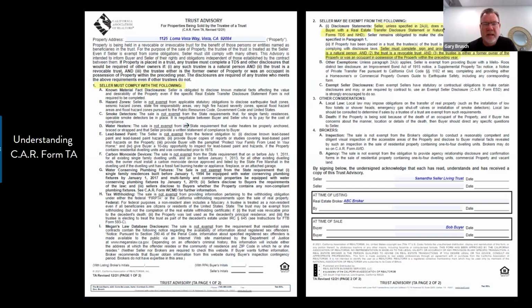There can be some exceptions, like in the TDS. Let me read this part. Seller, unless specified in 2AII, does not have to complete, sign, or provide the buyer with a TDS or natural hazard form. Seller remains obligated to make the disclosures and comply with the items specified. So in 2AII is,